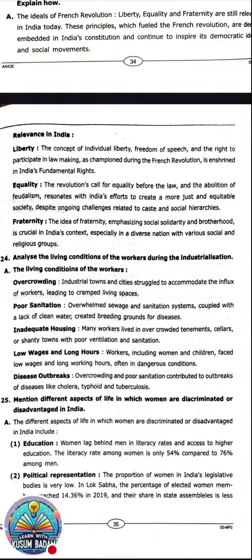So you need to explain about liberty. There you will be explaining freedom of speech and equality before the law. Because of this liberty, we got these two kinds of rights, which make us free from being suppressed. This we got from the French Revolution. Now the next one, equality. Everyone is equal before the law. There is no hierarchy, and the country is fighting the ongoing contest of hierarchical continuation.